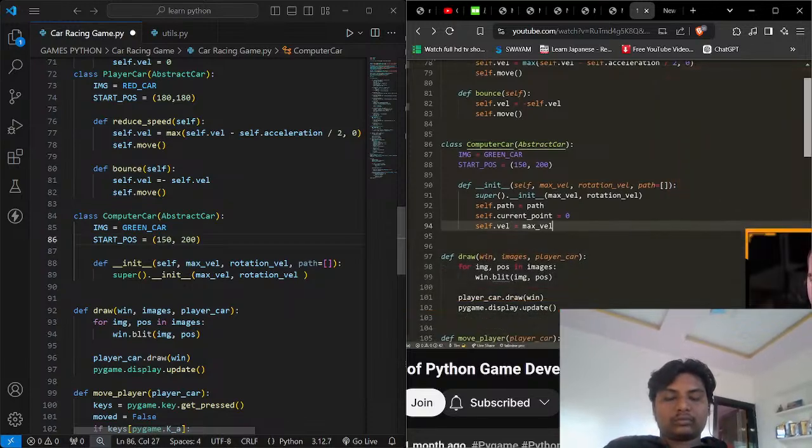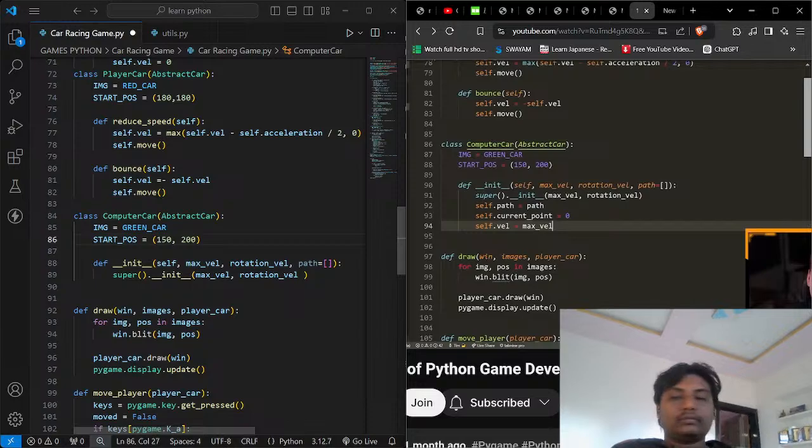Okay, now we have the computer car. The next thing I want to do is just implement a method on this car